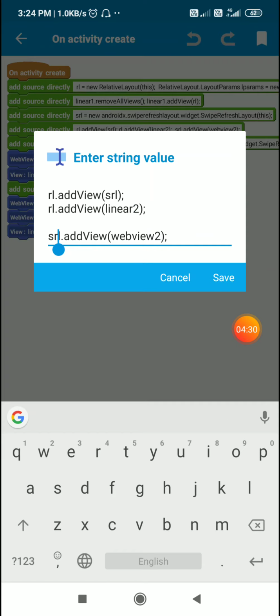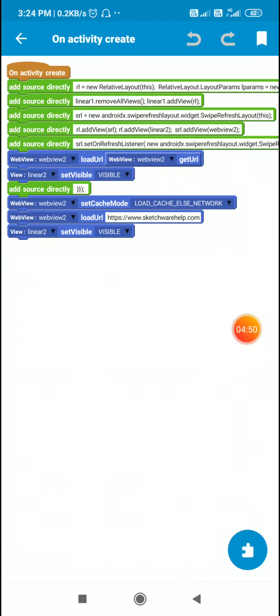Now inside swipe refresh layout I added web view 2. Okay, so relative layout now contains swipe refresh layout which contains web view 2 and linear 2. So this has two items which will be visible one over another. Swipe refresh layout and linear 2 will be visible one over another.